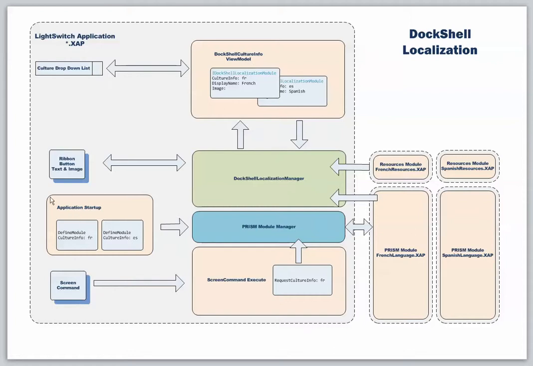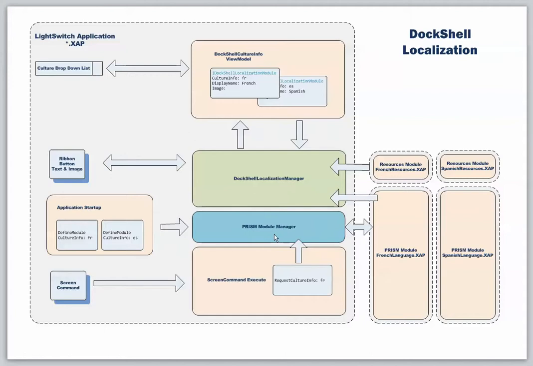But let's start at the beginning. At application startup, we create a DockShell Localization Manager within the LightSwitch application. We'll take you through that in a little bit to explain what we're doing there. But we're also defining Prism modules. So we're defining that there is this Prism module out here. It's a French Prism module or a Spanish language Prism module. And we do that at startup, and we basically push that into the Prism